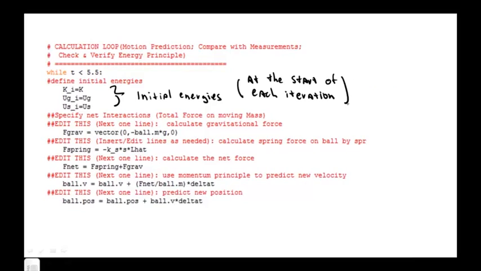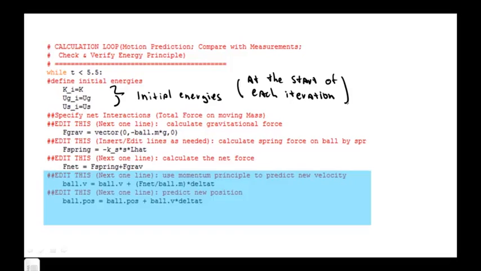Here's how we do this, where we make sure we use the variables we've already defined, like ball.m for the mass of the object, to keep everything consistent. Now, once we enter the loop, we see that the initial energies are defined right away. These lines of code are correct. We don't need to change these lines, and these lines are necessary because we need to make sure we save the initial energies before we make a new motion prediction for a short time delta t later using Newton's second